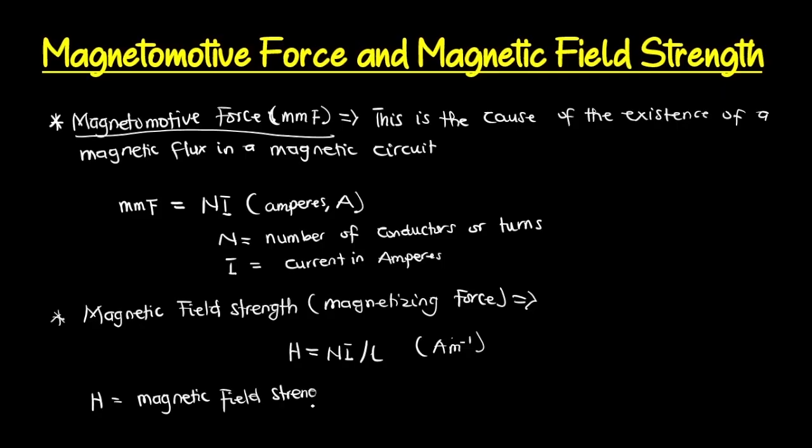And then the Ni, we've already seen it: the N is the number of turns, the I is the current, or basically the Ni over here is the magnetomotive force, we've looked at that already. And then the L over here is what we call the mean length of the flux path,